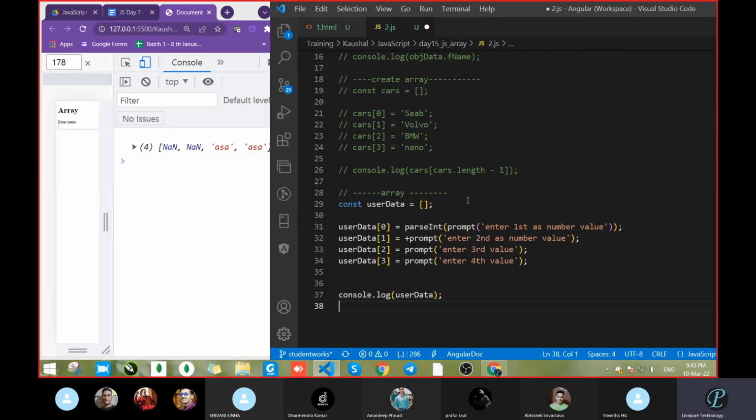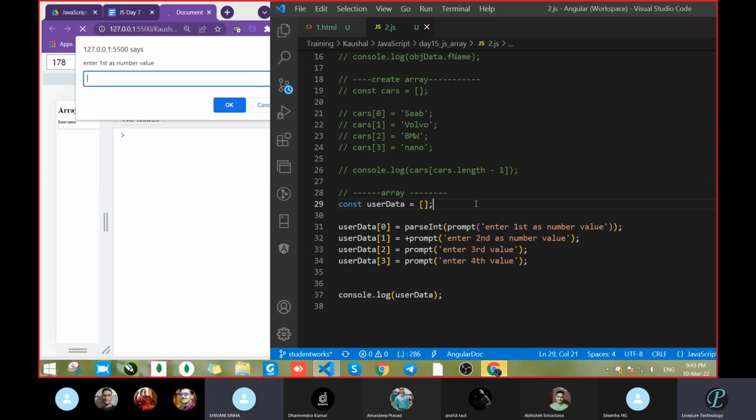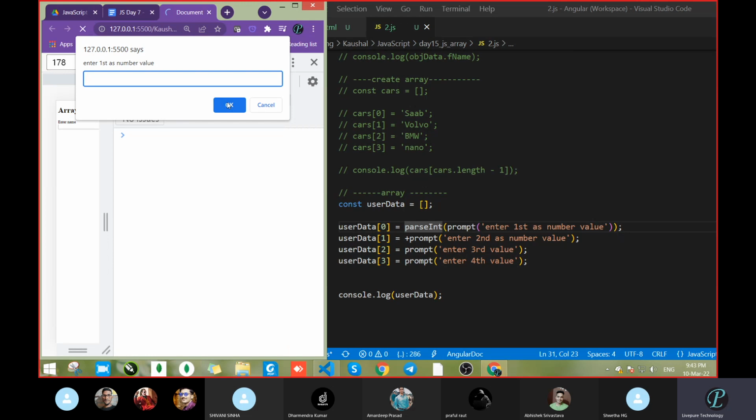We got NaN because here we are converting with parseInt, and we are already giving a string value. It's not a number like 1, 2, 3, 4. We are giving ABCD, and ABCD will never be converted into an int type. That's why we got that error.